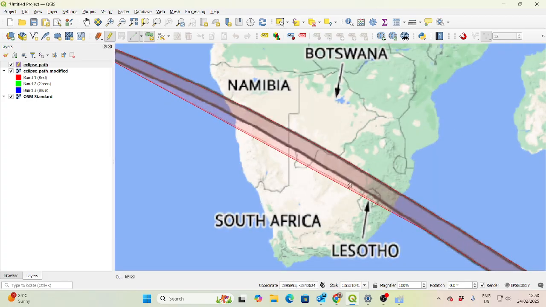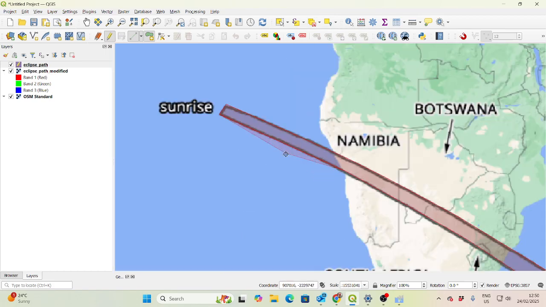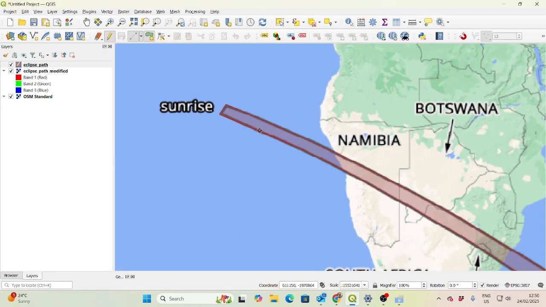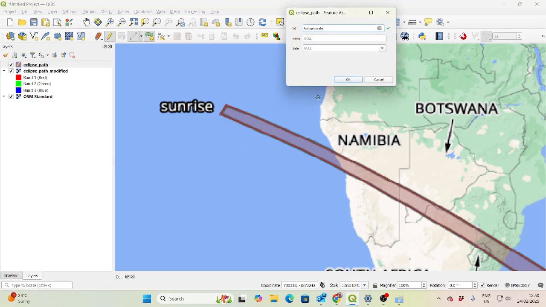Now I think this eclipse on the 25th of November goes all the way to Australia, so what you could maybe do is then georeference the section for Australia and then digitize that section as well. Okay, then right click to finish. It's going to create an ID for the FID. Name, we'll just call it